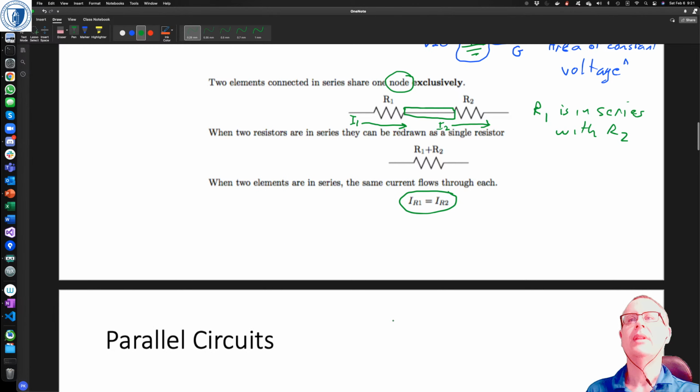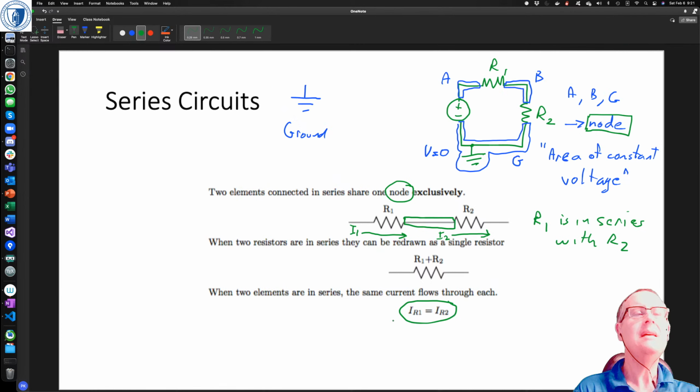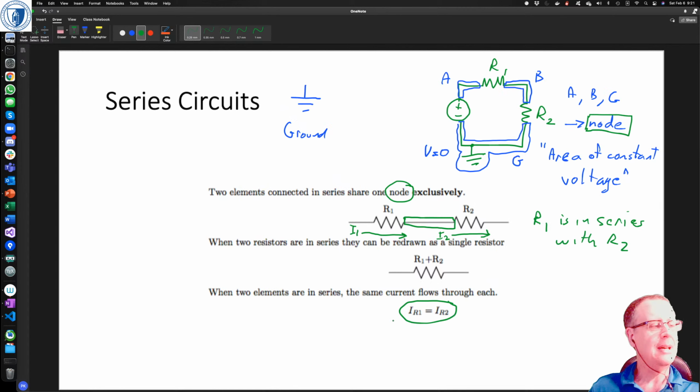And what that means, let's think about that, right? We've got the current I1 flowing in through here, and that means if we follow the passive sign convention, we've got the positive side there and the negative side there. If we've got I1 and I2 equal, and we've got the current flowing into the positive side,